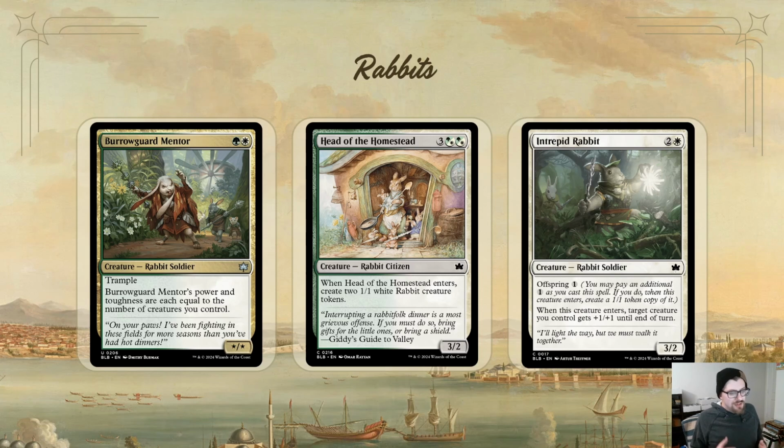What I think is really interesting about this set is a lot of our rabbits, even at common in the set, aren't terrible in this deck when you start to see what they're actually going to do. Beauregard Mentor is going to get potentially scary with having Trample. It's a star where stars are the number of creatures you control. With a couple counters, Mentor is just going to get bigger and bigger and bigger,